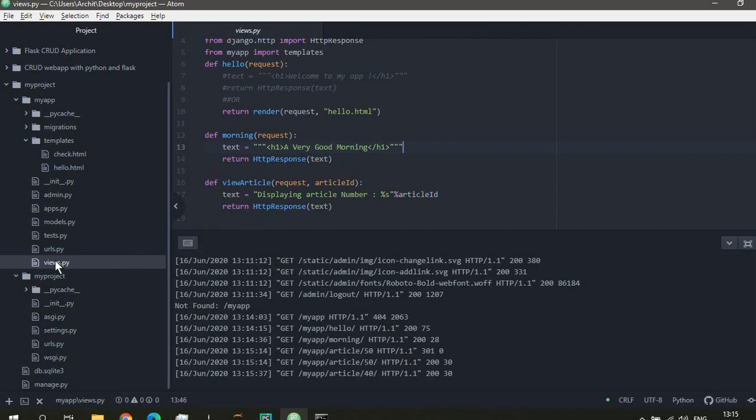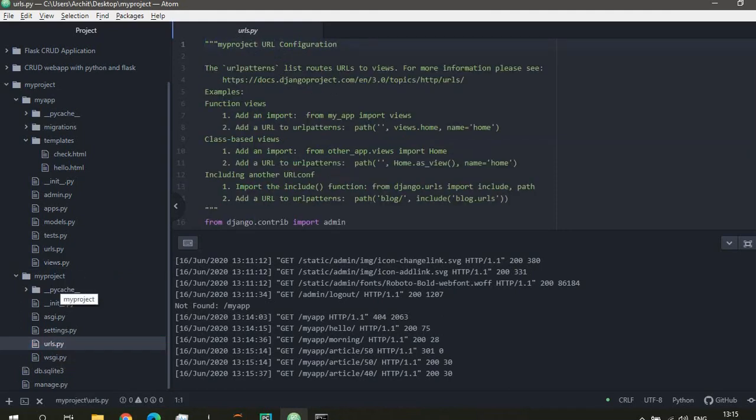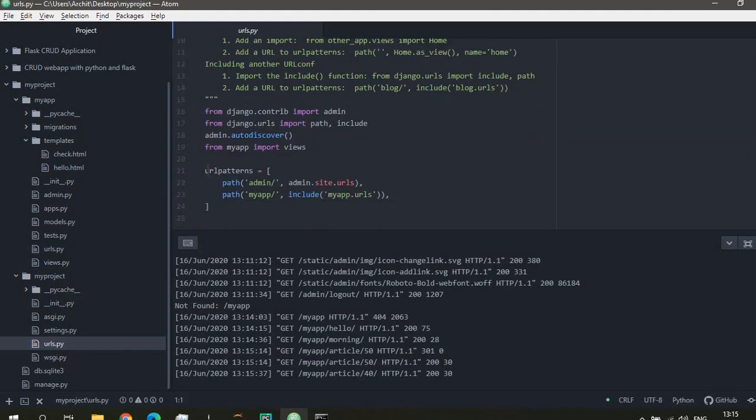Also, initially when we create our apps, there's the urls.py inside my project too. This is the place where our main paths or URLs are initially kept. But since our project is extremely dynamic and modular, we can create separate applications inside it.